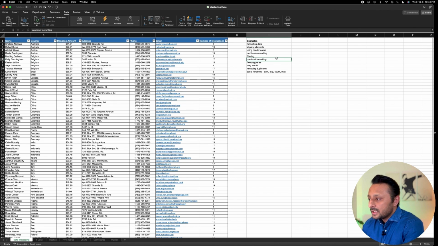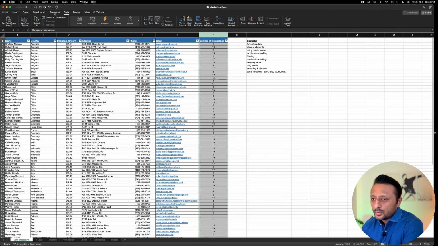Let's keep going. Conditional formatting. All right. So conditional formatting. What I wanted to find out is anyone with whom we have had more than 10 interactions, I want to color them in yellow, because those are important. Those are people we have had a lot of interactions with. So how do I do that? Okay. So let's go here. We know that we want to use conditional formatting on number of interactions. So we're going to go ahead